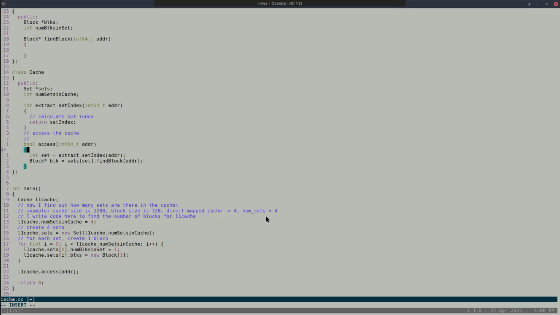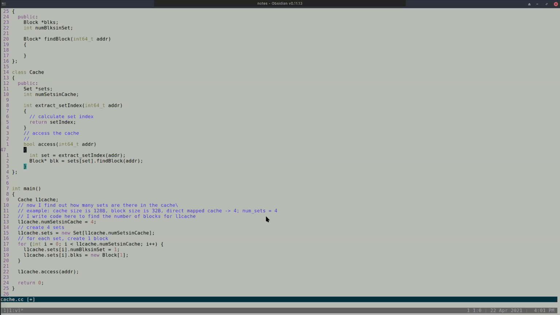Once the CPU has generated the address, what do I do? I split it into tag, index, and offset. Of course, the split is not showing here. I am just extracting the set bits. What is the set that I have to search for? Now I will go to the particular set. How do I go to it? This cache has a number of sets, right? We already agreed that the cache has sets. You can see that this is the particular set that I'm talking about. The sets of set number will give me the particular set.